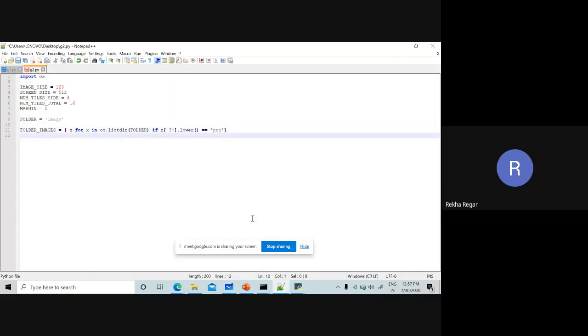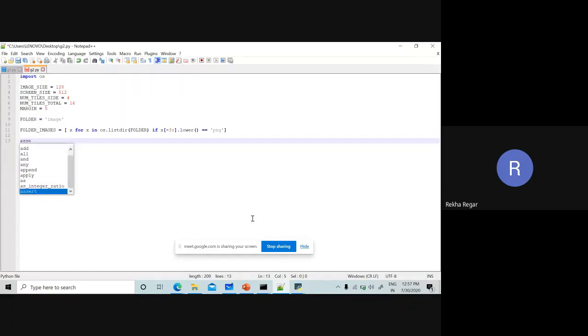Now we have to assert all the images on the screen. For that, we simply use assert. We have to assert the length of the folder images, that is this asset folder, and the length must be equal to 8.